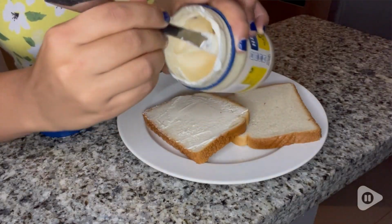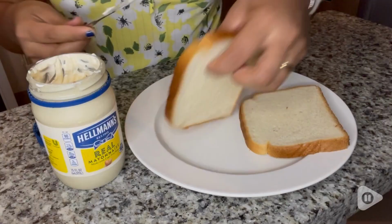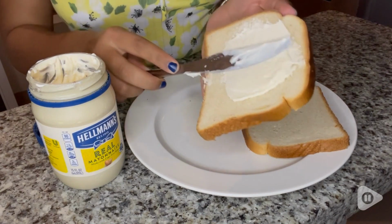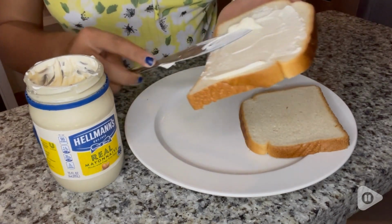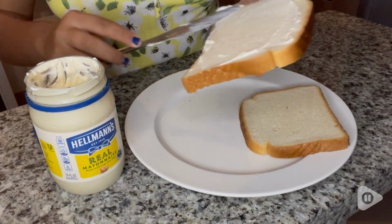This is a must-have, but not everyone has the perfect mayo. This is the real mayonnaise from Hellmann's, and this one is made with cage-free eggs. I love this one. It tastes really good, and I use it for nearly everything when I'm cooking or when